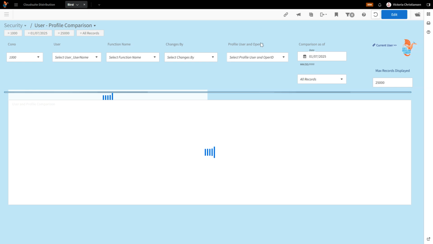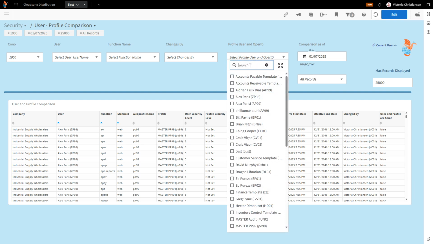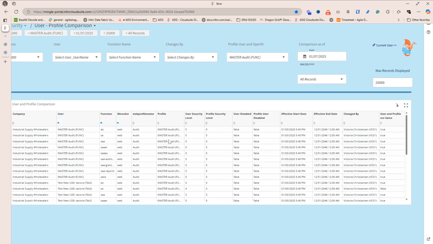So this has some really cool features that we've added. So now we are able to look for a master user, right? So I'm going to click for my profile. So I'm going to look for my master user for audit, okay? And I'm going to select apply, and it's going to update my filters. So now you'll be able to see